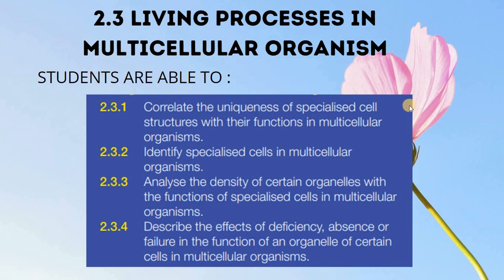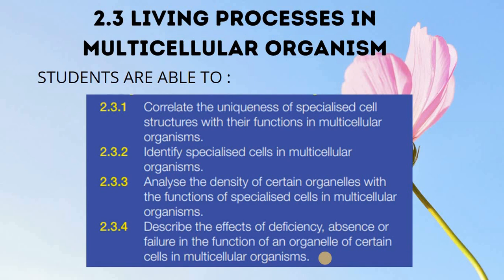Okay, first, correlate the uniqueness of specialized cell structure with their function in multicellular organism. Okay, second, identify specialized cell in multicellular organism. Okay, third, analyze the density of certain organelles with the function of specialized cells in multicellular organism. Then number 4, describe the effects of deficiency, absence or failure in the function of an organelle of certain cells